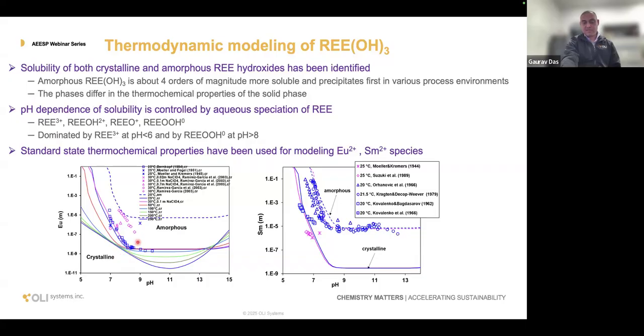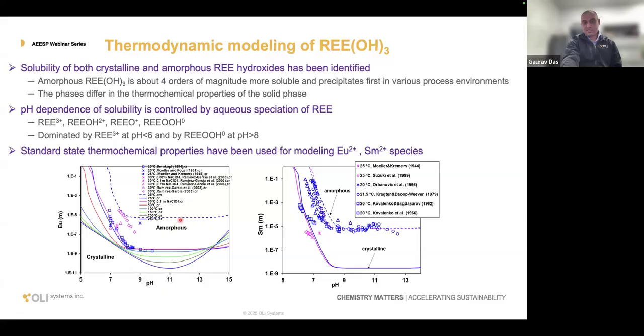Experimental data are available for both of those solid phases, but rather scattered. So the MSE model has been utilized to model this experimental data over the range of pH and temperature, which provides a good qualitative representation, if not a quantitative one. The solid phase has been characterized through the assumption of standard state Gibbs free energy, and the solubility of this rare earth hydroxide is driven by speciation phenomena.